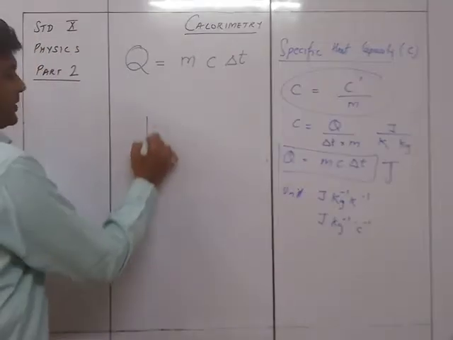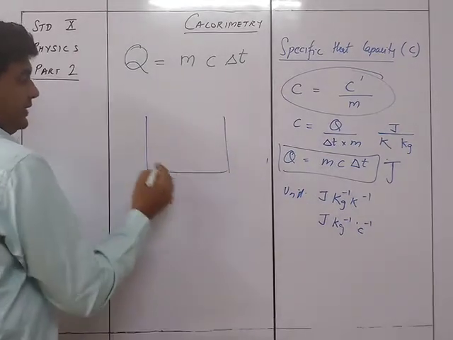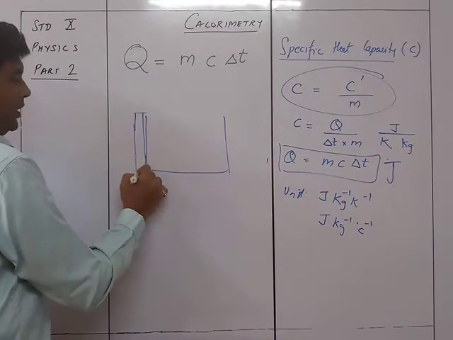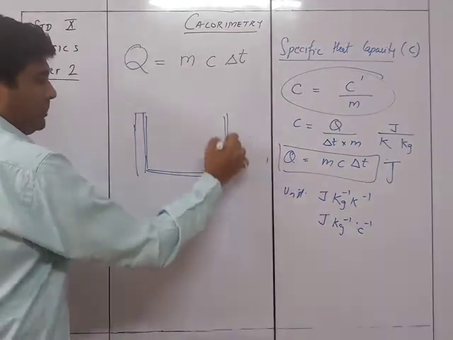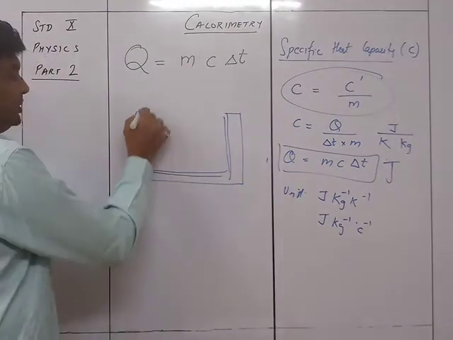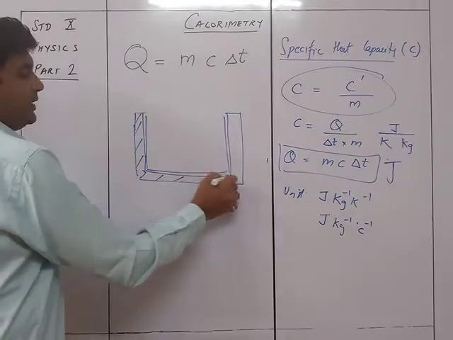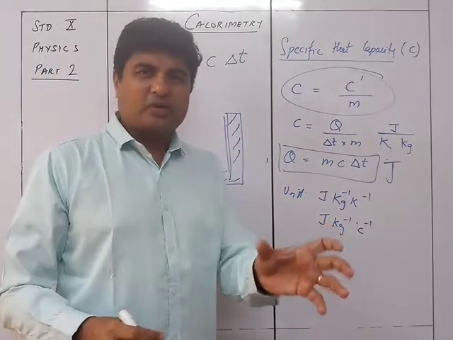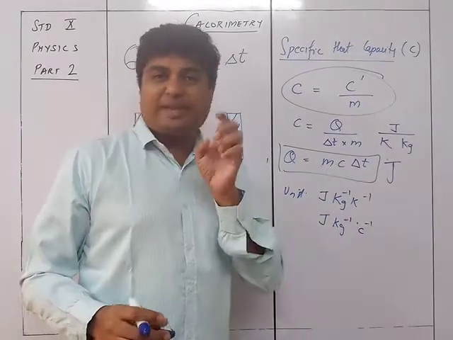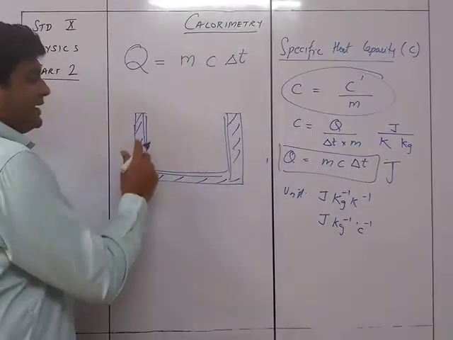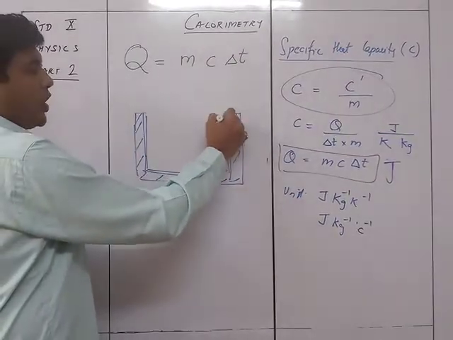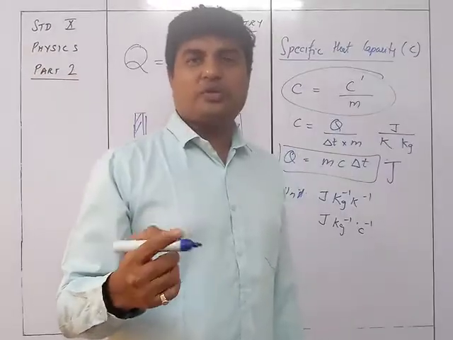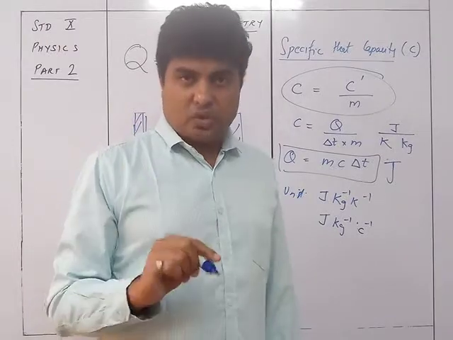So this was the copper vessel, and then you are placing this in a wooden box, or maybe some kind of insulating material, because while handling, you should be able to touch it as well. So at the same time, you are seeing to it that there is no heat loss. First thing is the copper vessel is polished inside and outside. Why is it polished? So that the heat loss due to radiation is not there.